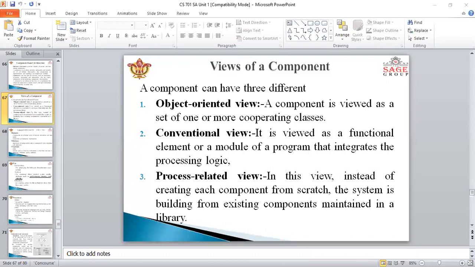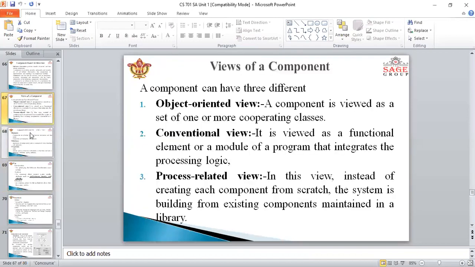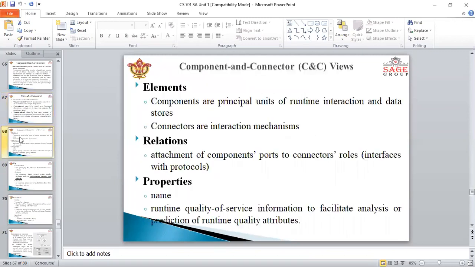With these three component views, we can identify, relate, and view how the work is going on, and also there are some characteristics of the component and connector view.